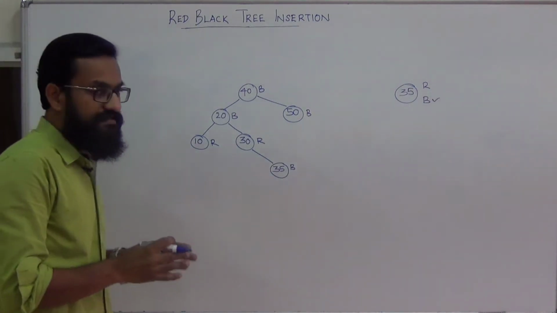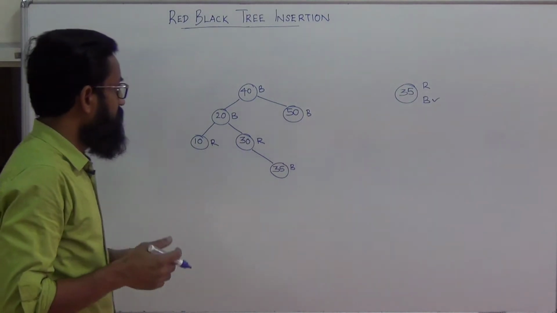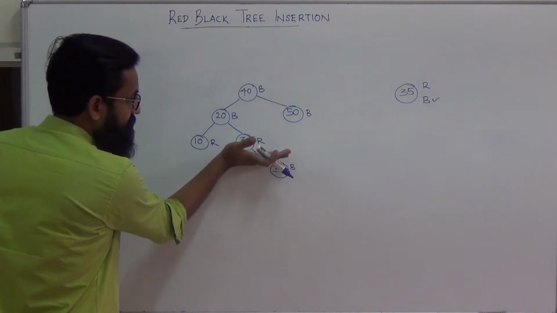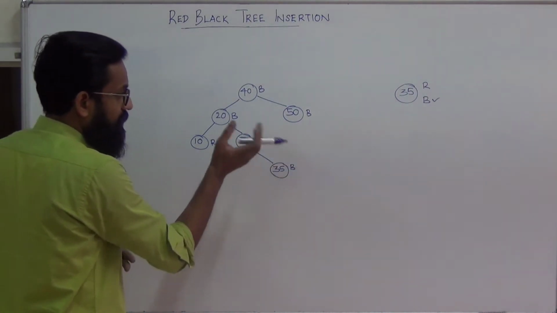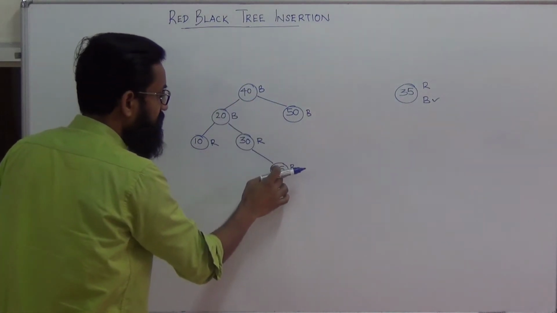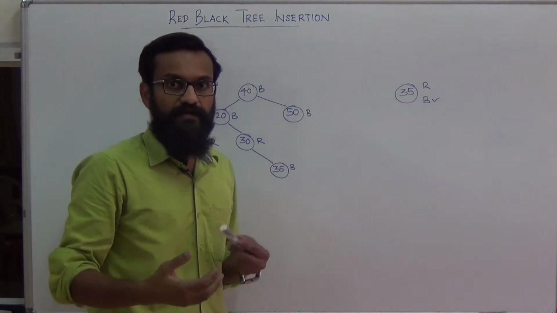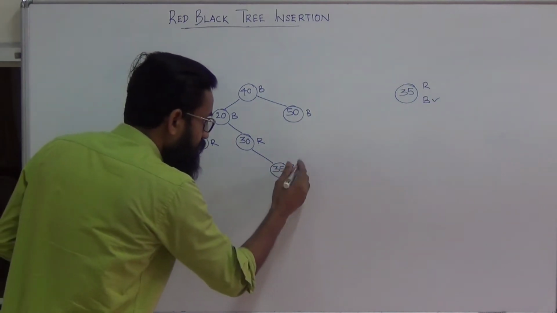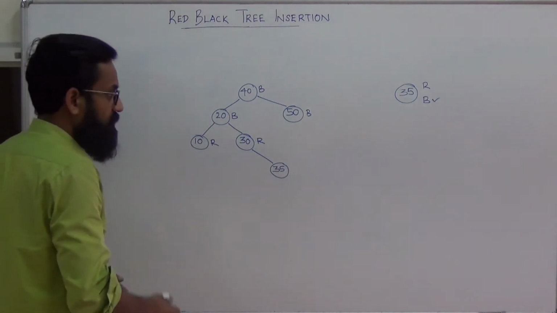So does this insertion violate a red-black tree property? Yes, because you are inserting 35 in an already existing binary search tree. Since 35 gets inserted as a leaf node, the number of black nodes in the path from root to the newly inserted node will increase by 1. So that actually violates the black height property. So coloring the new node with black violates the black height property in this context.